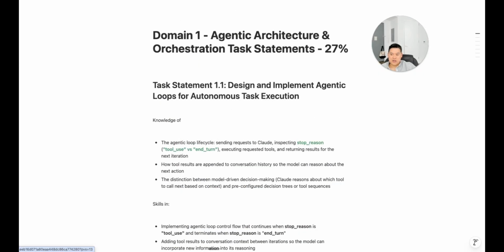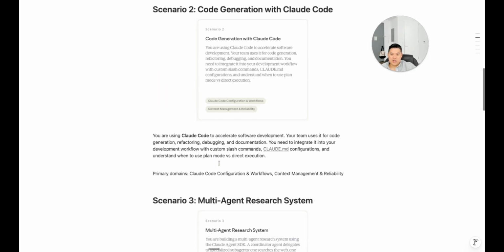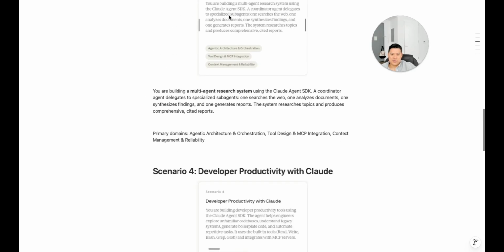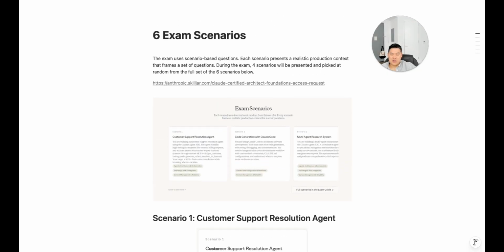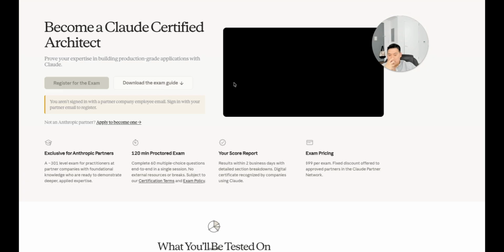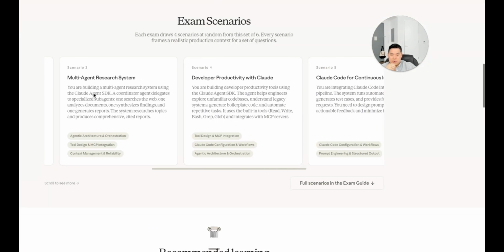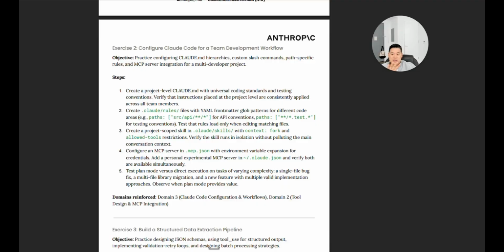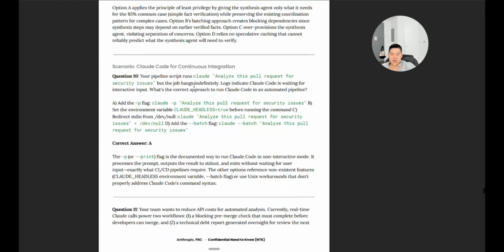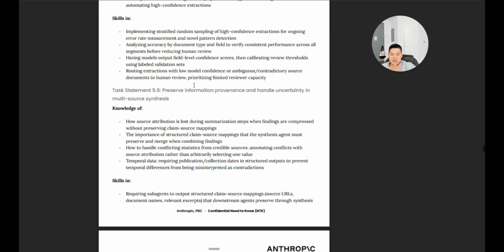I'm just going to go back here to the domain scenarios. There are 6 scenarios. In fact, if you actually go to the direct link, it will show you. You've got 6 scenarios right here. In the exam guide, it only lists out 4 scenarios. So if I go back over here and I go to, if you actually study it,